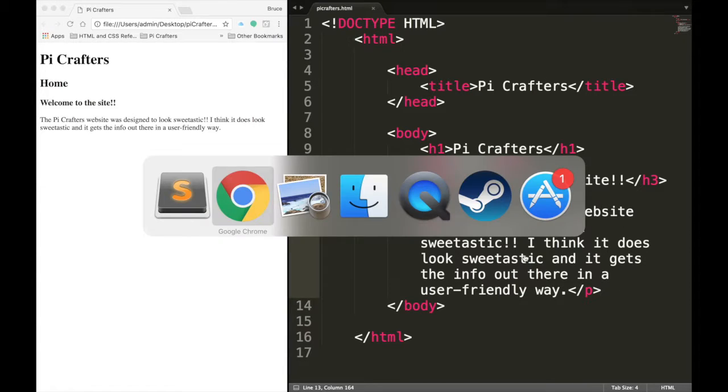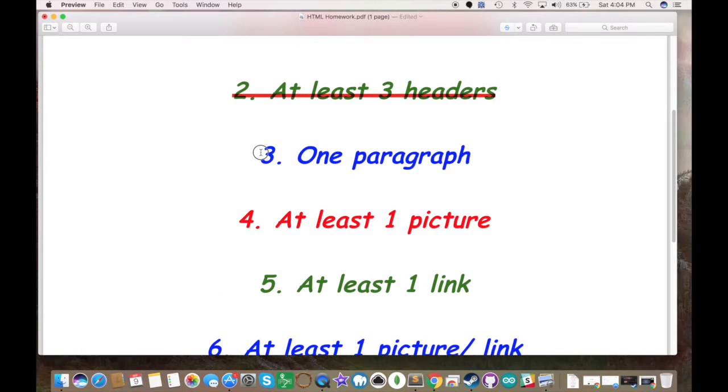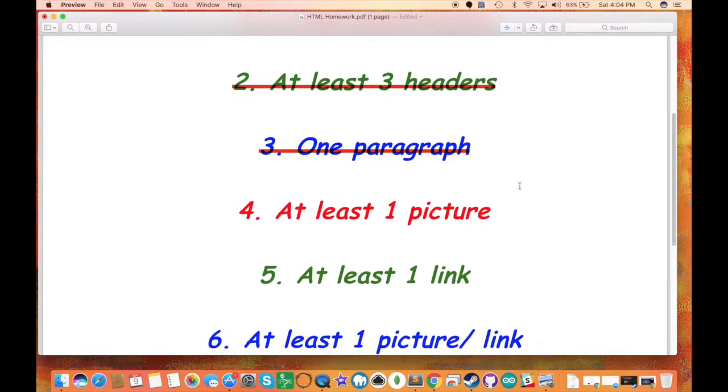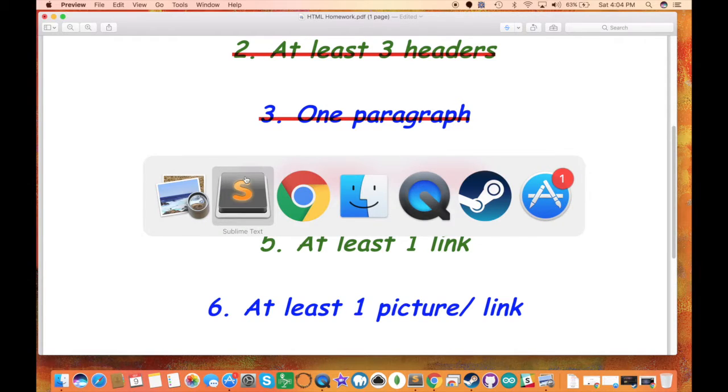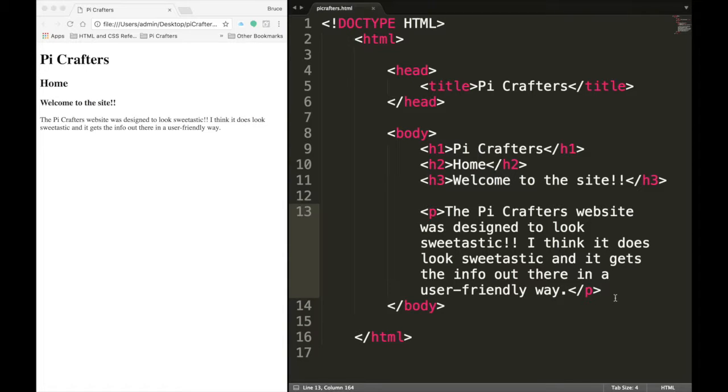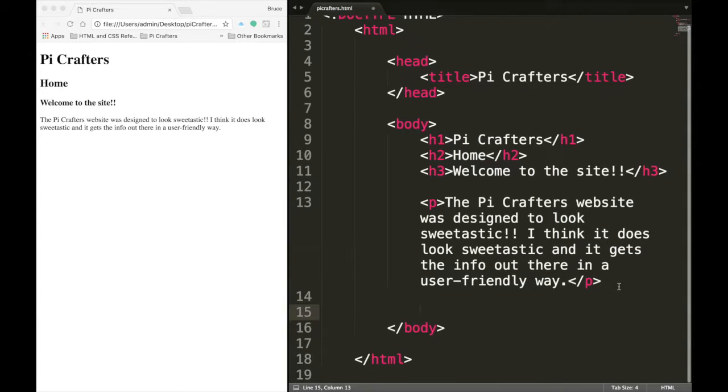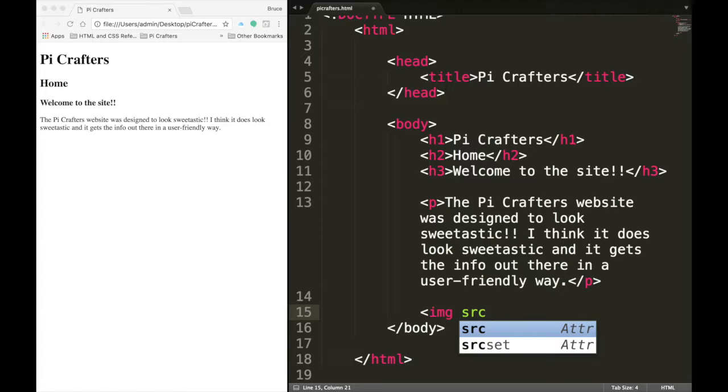Alright, so now we have added a paragraph, so we can cross paragraph off the line. Now we need a picture. So here's what we're going to do. We're going to set up the code, and then I'm going to go on the website and actually download a picture, and I'm going to walk you guys through the entire process. So we're going to type in image src equals quotation marks, okay, and we're going to do a height and a width,